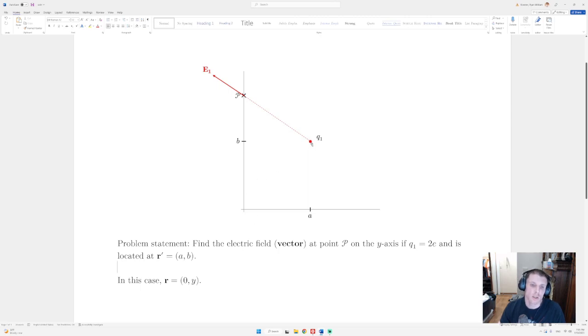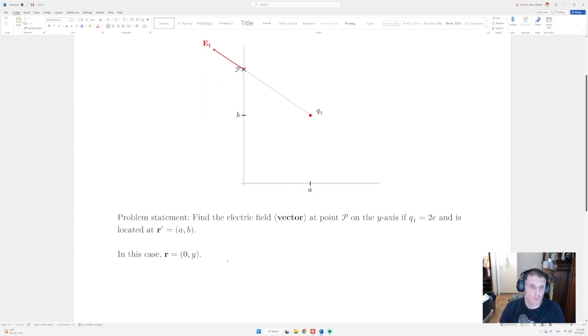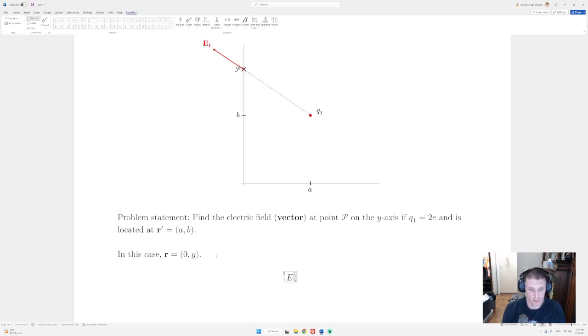All I did was draw a dashed line from Q1 to where I want the field. And now I have the electric field pointing up and to the left, right? Because the electric field due to a positive point charge is going to point radially away from the charge, whereas for a negative point charge, the electric field it generates is going to point toward the charge. Remember that that's included in our electric field formula,